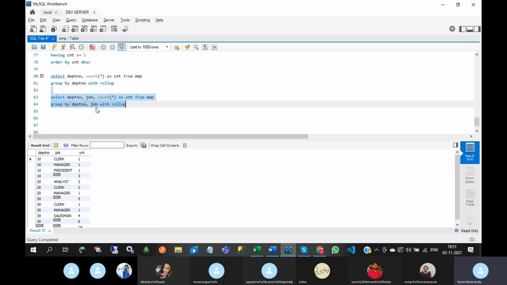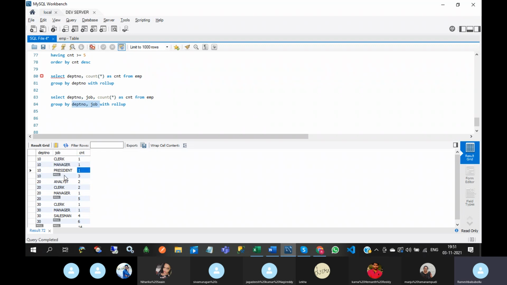As per the definition, the GROUP BY ROLLUP clause generates subtotals. Here I am giving department number and job. In department number 10, 3 jobs are there: clerk, manager, president. So it will calculate the department wise and job wise count.